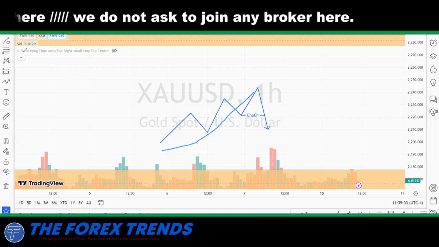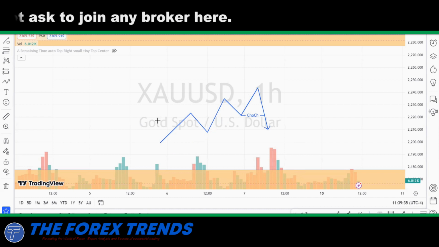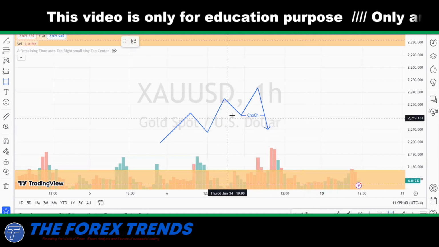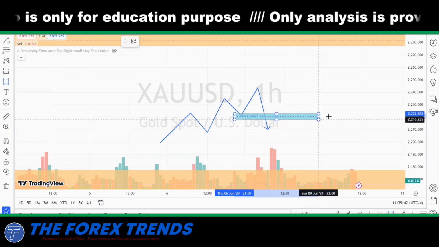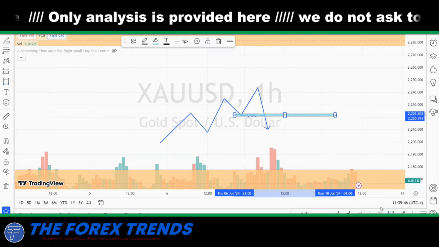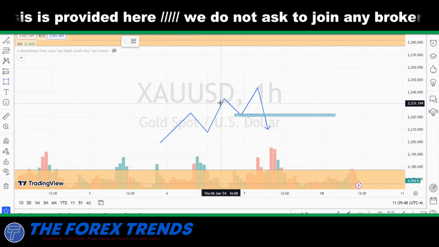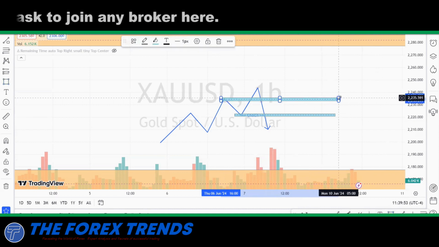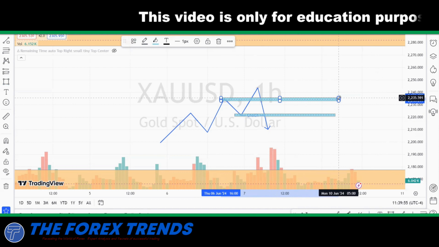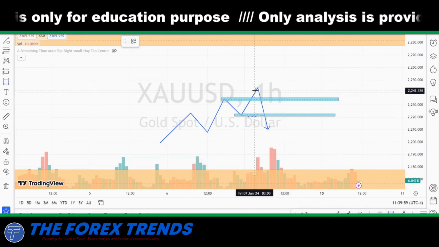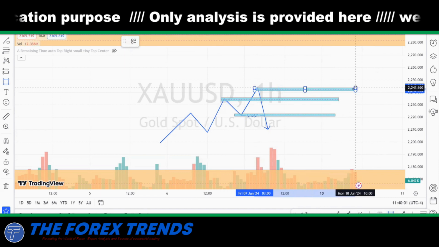So for joining this bearish trend, we have three positions to join it. The first position is this, and this is called support become resistance, that is the SBR level. And the second is called change of Quasimodo level, QML level. And at last, this is a double top level.